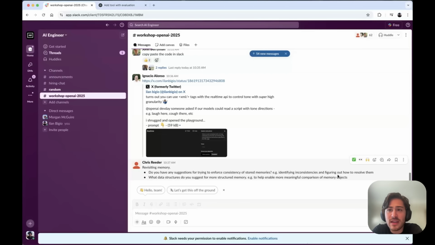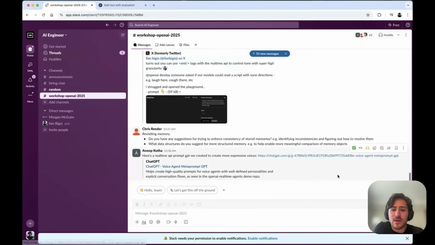One way, off the top of my head, is when you are about to store a memory, do a retrieval, a search to find memories that are semantically similar. Then do an explicit check with a model to see if one is updating or contradicting another.